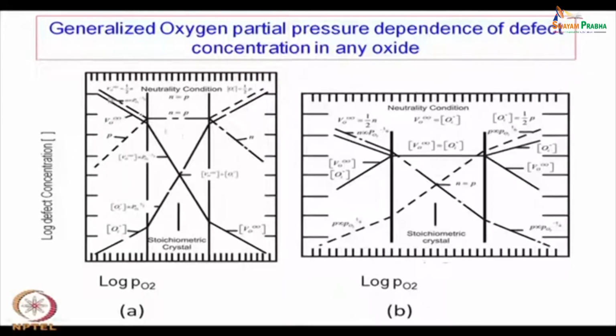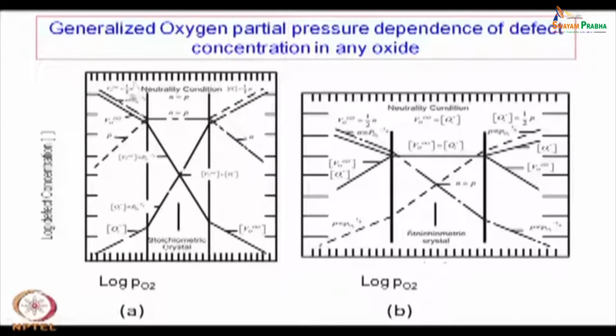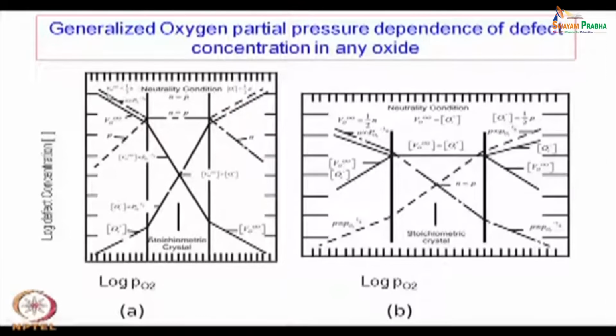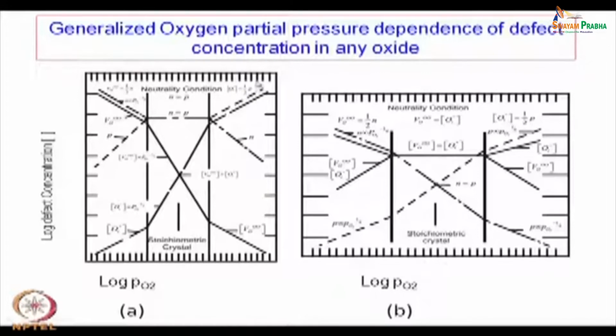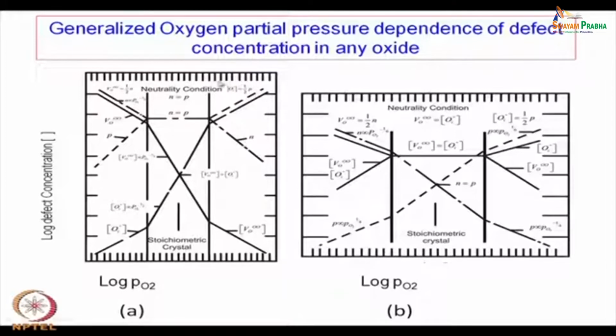For the time being we are basically looking at this part of the diagram. Here you will see the highest concentration is actually n, the electron concentration. So, this is the neutrality condition here, and this is the neutrality condition there. It is oxygen, because it is a very oxygen-rich side, so oxygen interstitials are possible, and correspondingly you have positive holes. That is the neutrality condition here, where on the lower side you have